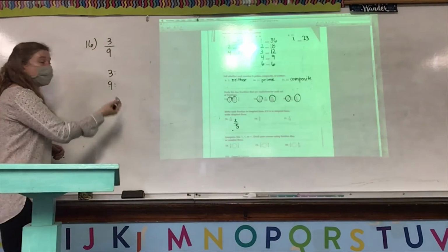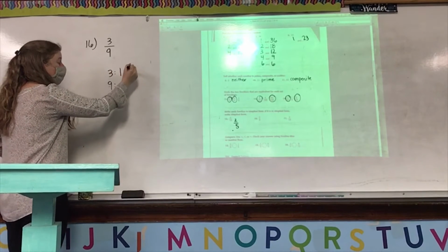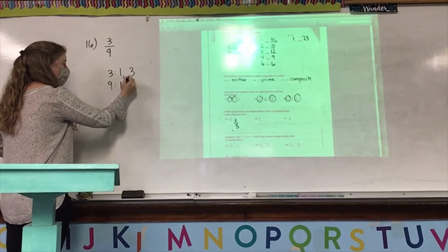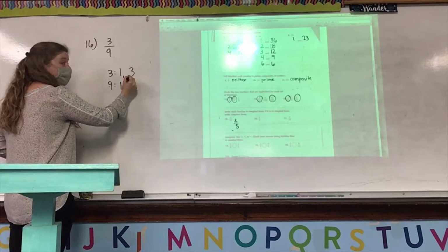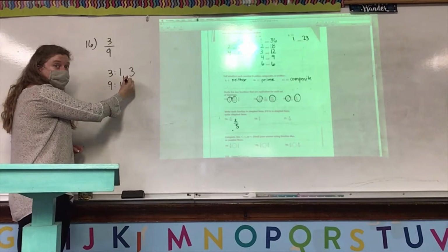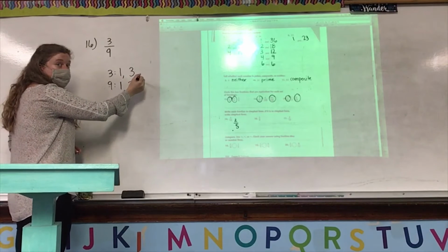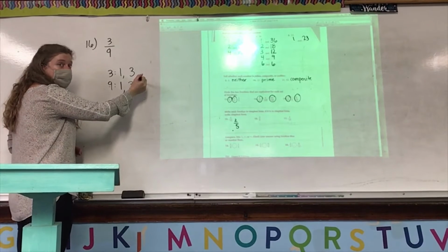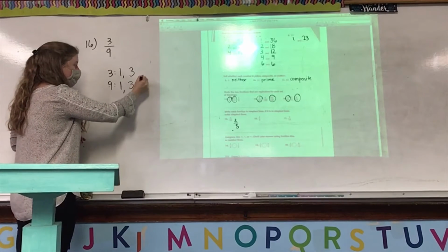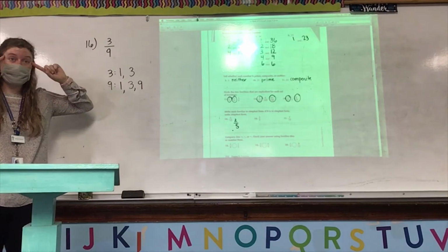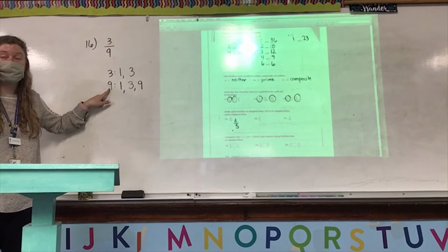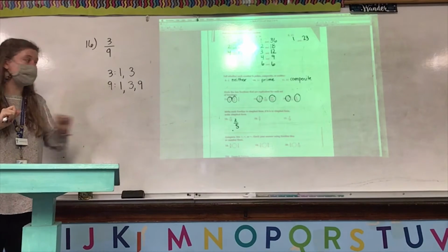Next we list the factors. Factors of 3. 1 and 3. Factors of 9. Is that it? Think in your head. Is 2 a factor? Is 3 a factor? Is 4 a factor? Is 5 a factor? 6, 7, 8, 9. Don't just pick the most obvious ones. Think it through. Go from 1 to the number you're finding the factor for and think, is this a factor? Is this a factor? Don't just pick the most obvious ones because then you're going to end up with 1